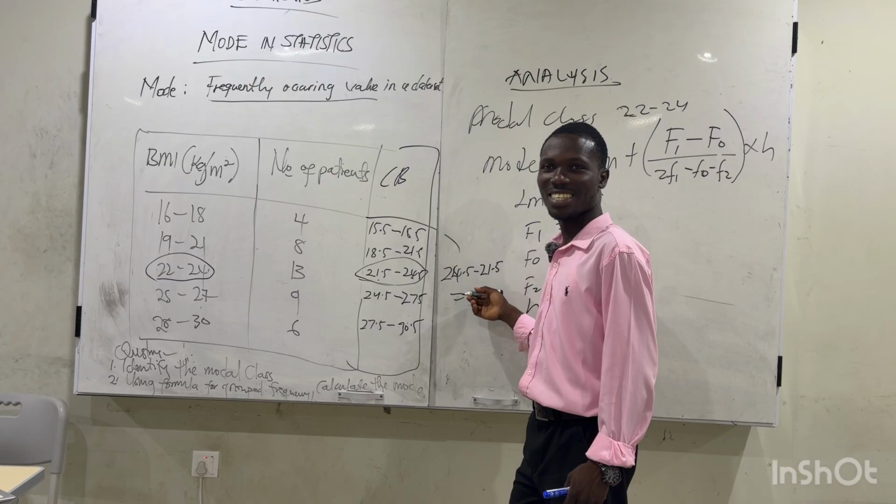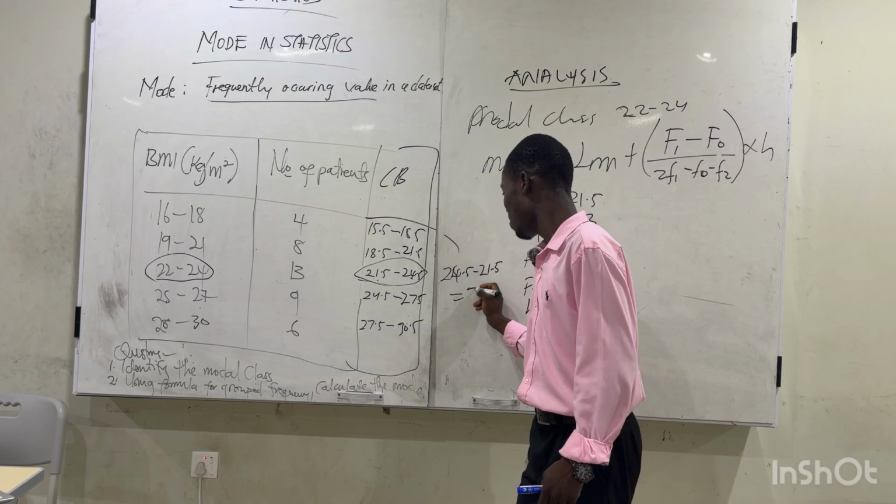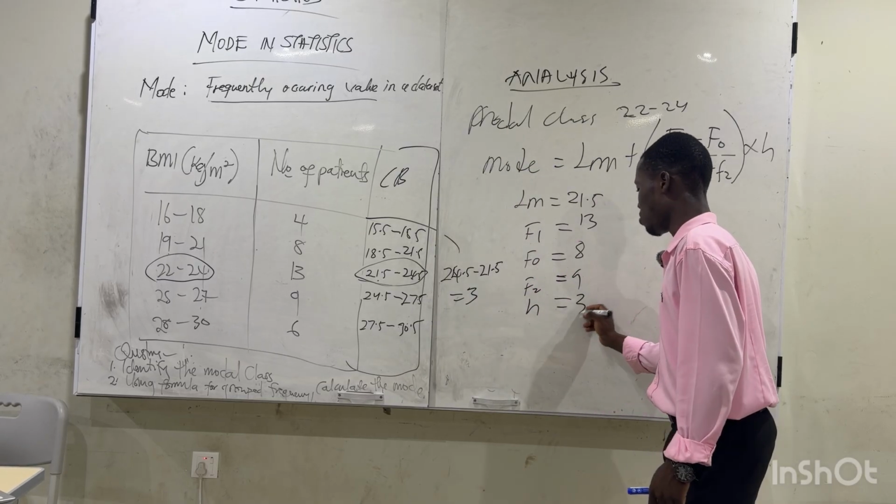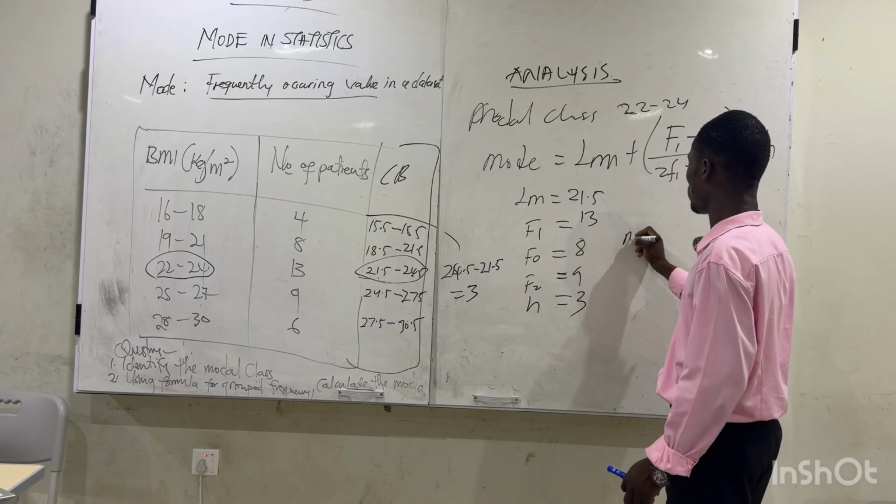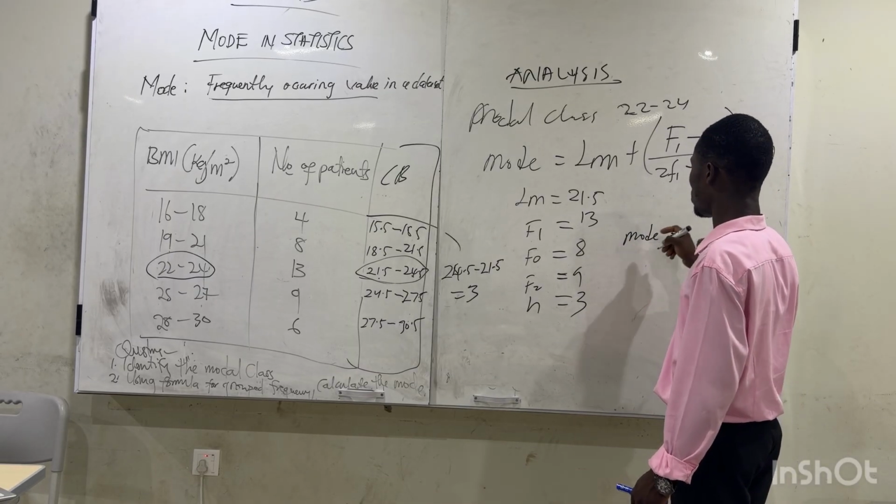So h becomes 3. In putting it into the formula, we will have: